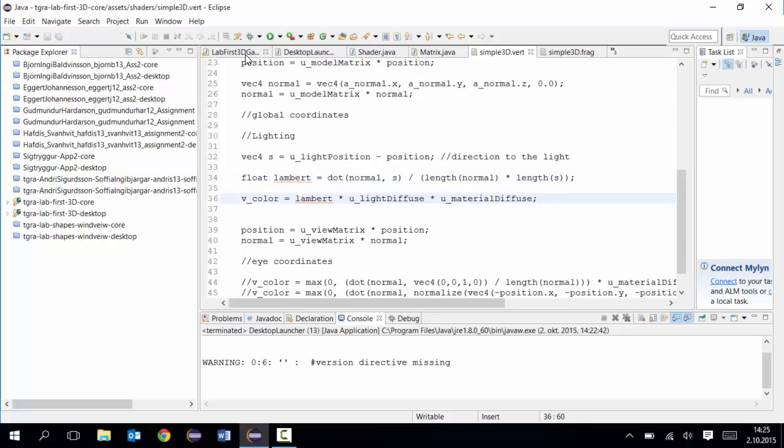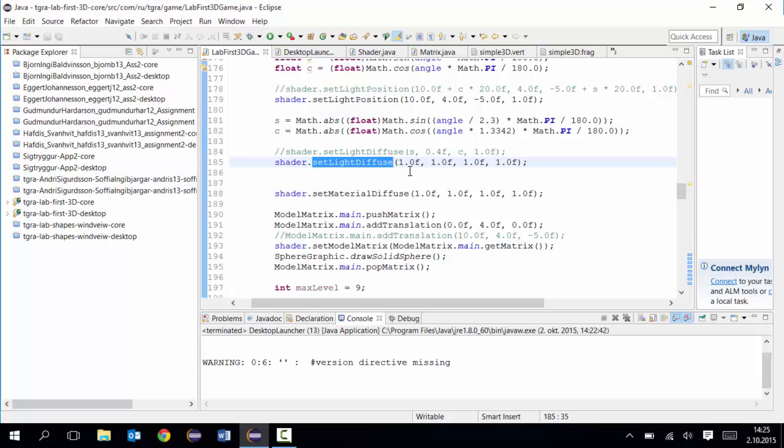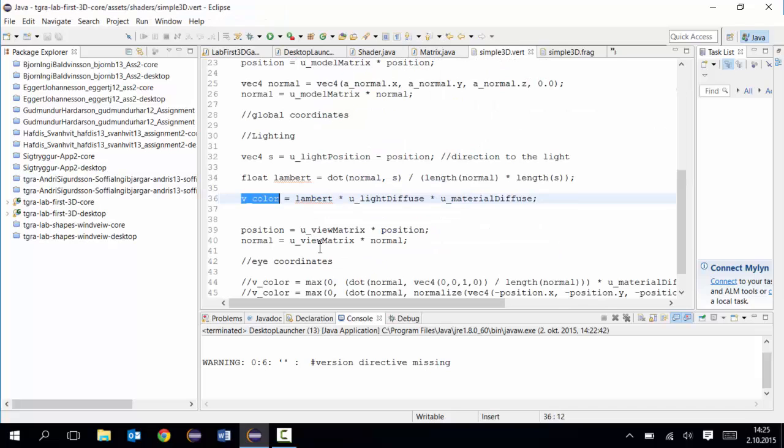Either way, the values that we're putting in here, 1, 1, 1, will be multiplied with 1, 1, 1, so the resulting vector here will simply be 1, 1, 1, 1 again. So the only thing affecting the color now, with this setup, will be this intensity Lambert. So if we were to simply remove Lambert here,